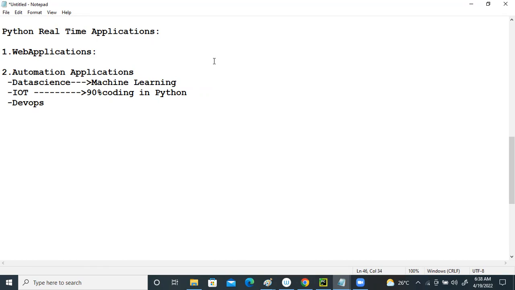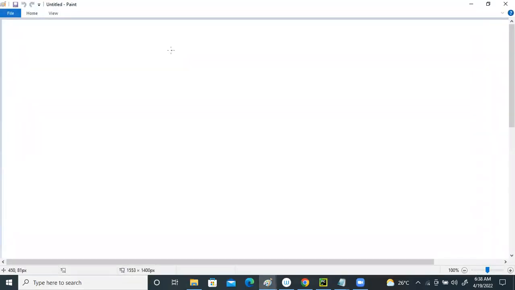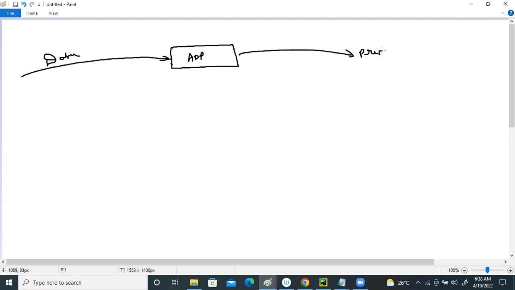So where exactly can Python be used here? Without entering into the technicals of machine learning, it is an approach where we provide some data patterns to an application. Based on the data patterns provided, the application needs to predict in an automated fashion. So machine learning is an approach where we provide data patterns to an application and make the application predict in an automated fashion. For example,